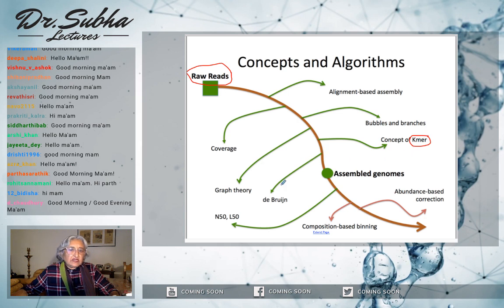And then finally, there's a method called de Bruijn, which really made sure that with the current existing computers, we can handle the genome assembly problem. Once you finish all these concepts, then you have an assembled genome. So it may look like we're detouring, but you know where they all connect and why we are doing that,